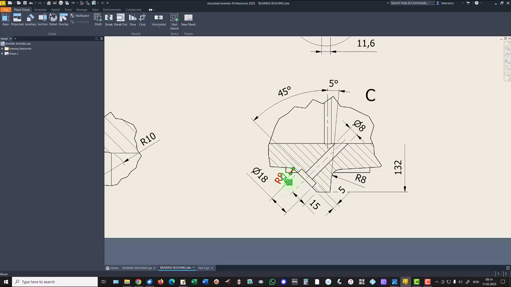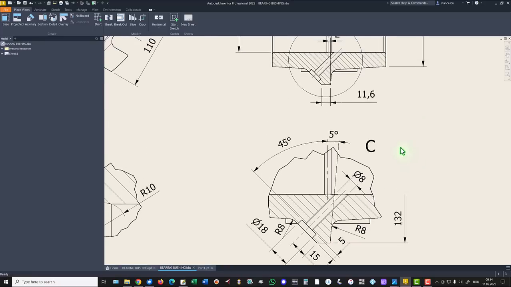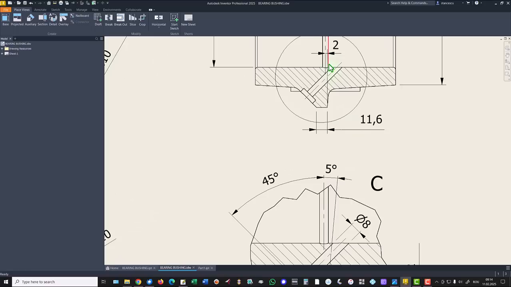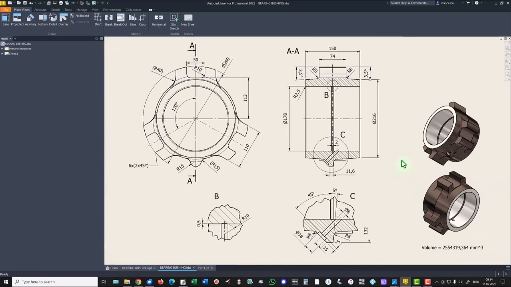We ignore radius 8 for the moment. 45 degrees, 5 degrees, 132 is the distance to the center, and a horizontal of 11.6. There is another dimension of 2 millimeters from this to the center line here. We use all these values, then we apply this